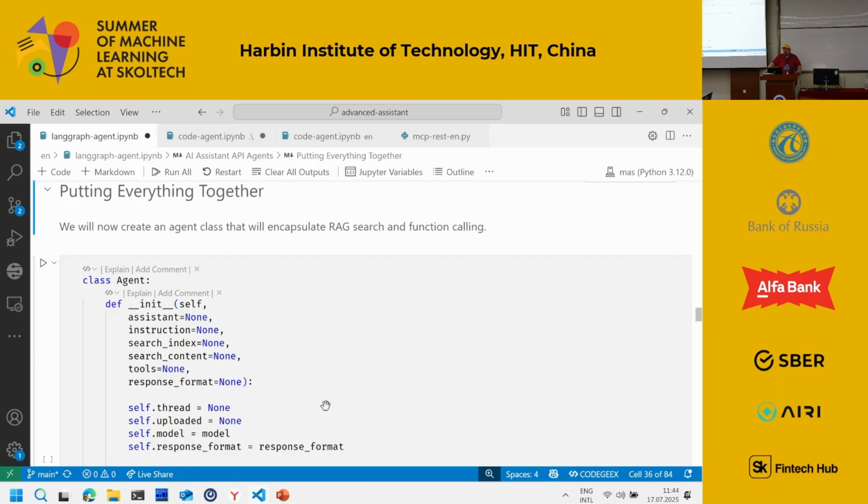Thank you for the question. The function call in the LLM doesn't execute any code. We just tell the model, you have a certain tool, you can use it if you want. And then if it wants to use the tool, it comes back to us and says, okay, I want to use the tool, instead of giving the answer immediately.